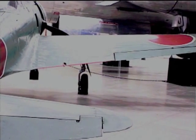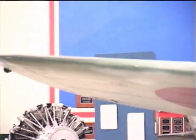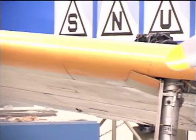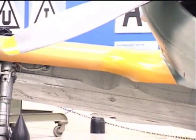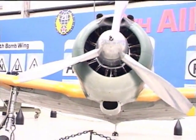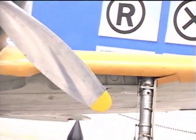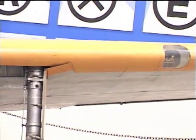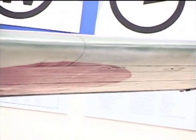The Ki-43 entered service in 1941 and became the most widely used Japanese Army fighter of World War II. It shot down more Allied aircraft than any other Japanese fighter. A total of 5,919 Ki-43s were built. In the 1941 to 1942 period, the Ki-43 was one of the best fighters in the